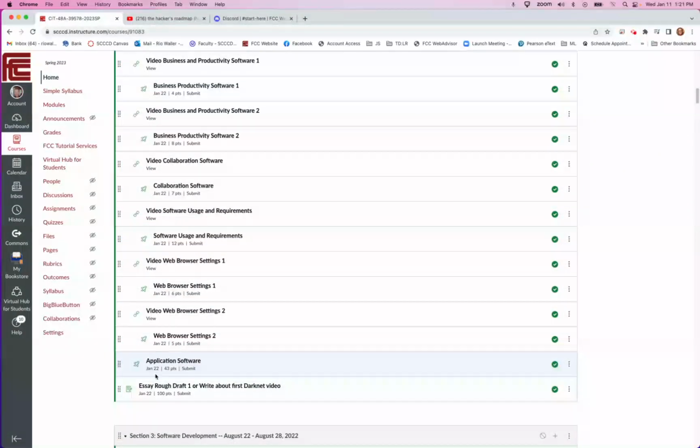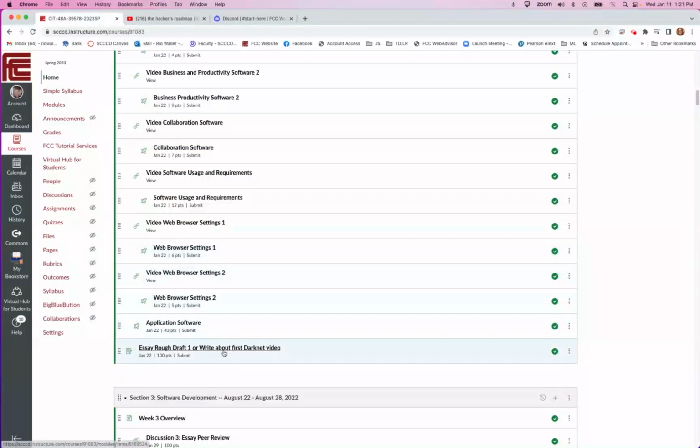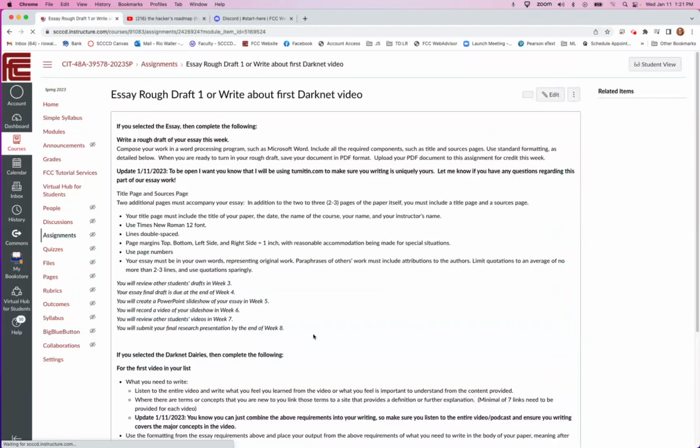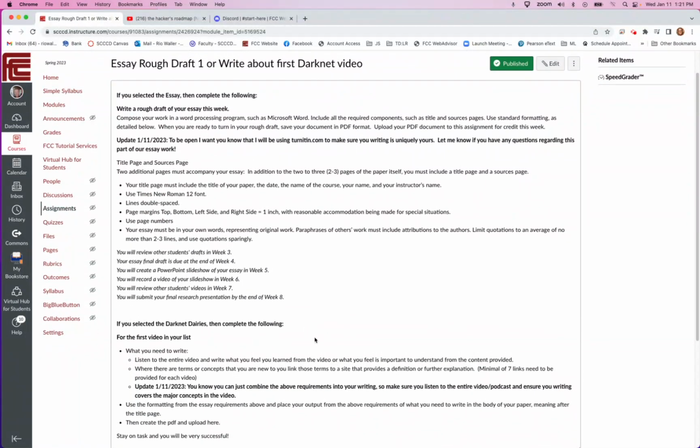And then the other thing, and again, this is nothing really new here. It is new content, but the way it's structured is the same as what you've seen before. But I want to take a minute to talk about the two options for writing, because last week you all chose one. You either chose the essay path or the Darknet path. And like I said before, I've only had one student submit this, so I know I at least have one student doing the Darknet.